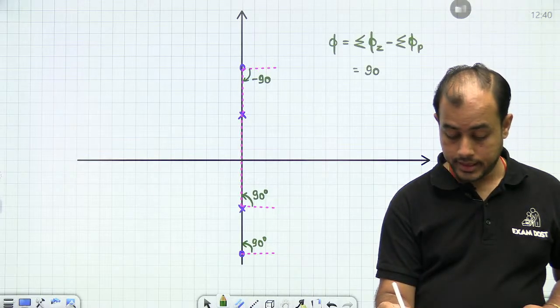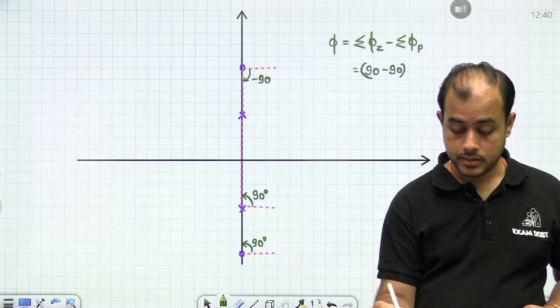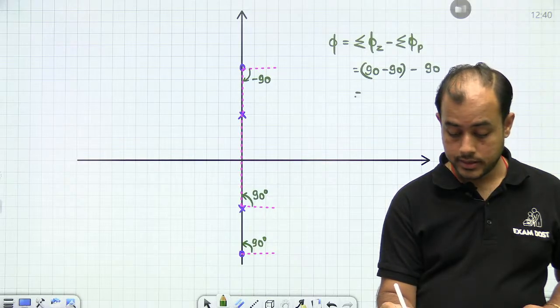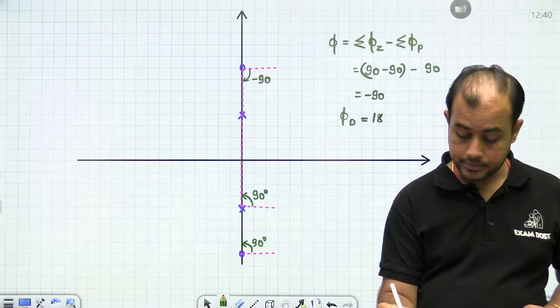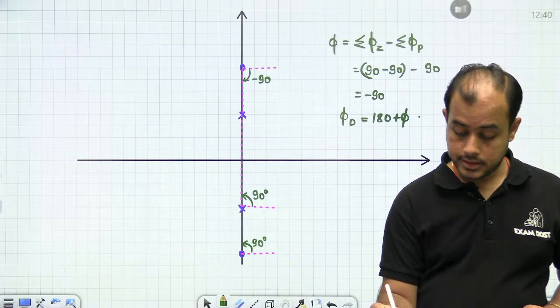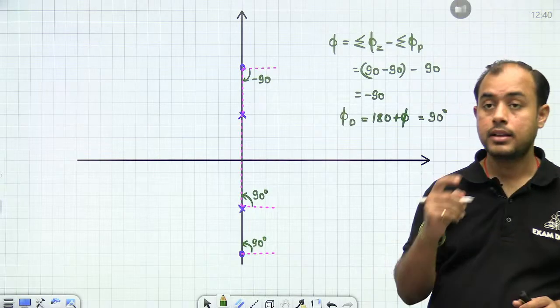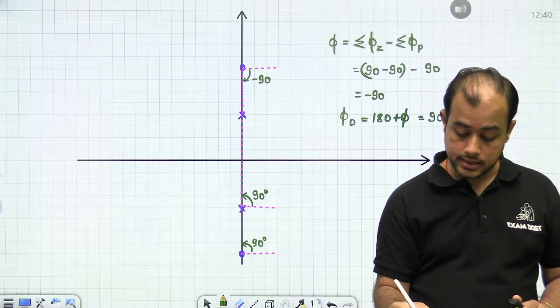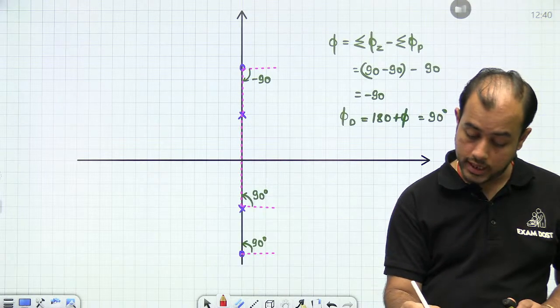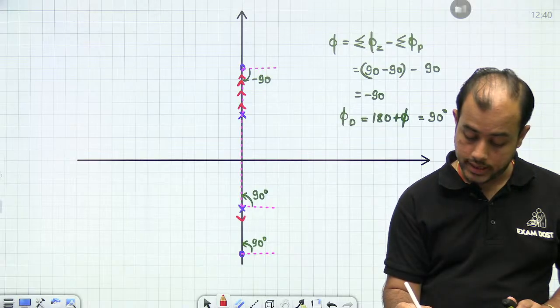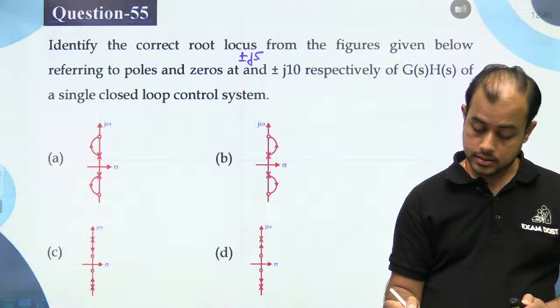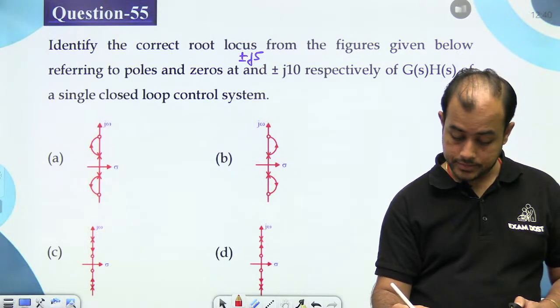So basically 90 minus 90. So it is -90. The angle of departure is basically 90 degree. So if it is 90 degree na, the branch will go like this. अगर 90 degree है तो branch will go like this. Okay, so answer should be